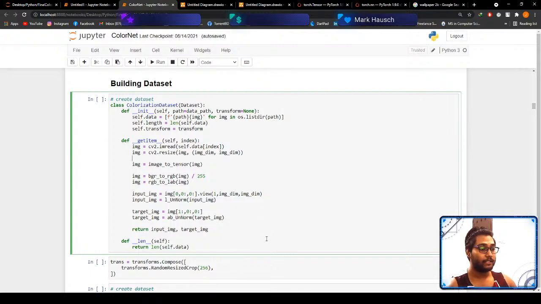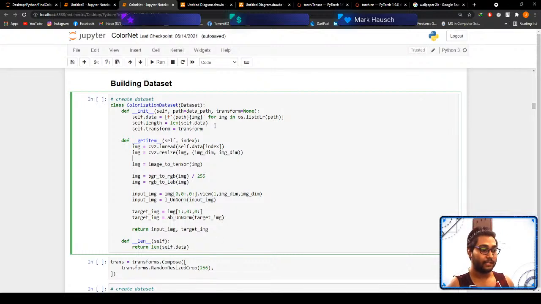The next thing I did was convert, since I have read this image with CV2, a Python module that can do a lot of computer vision problems, the read function has read the data from my PC, but it has read it in a BGR format. So I have to convert that BGR to RGB format,